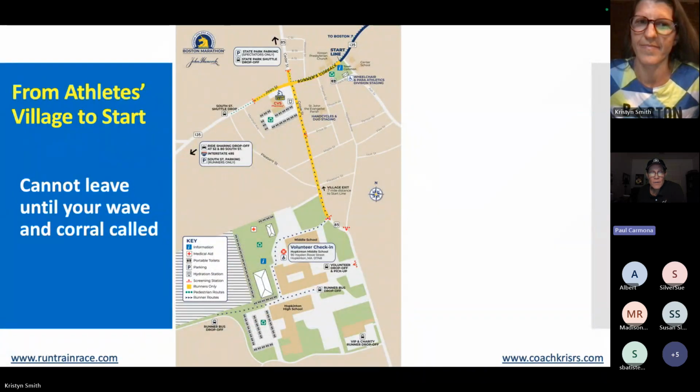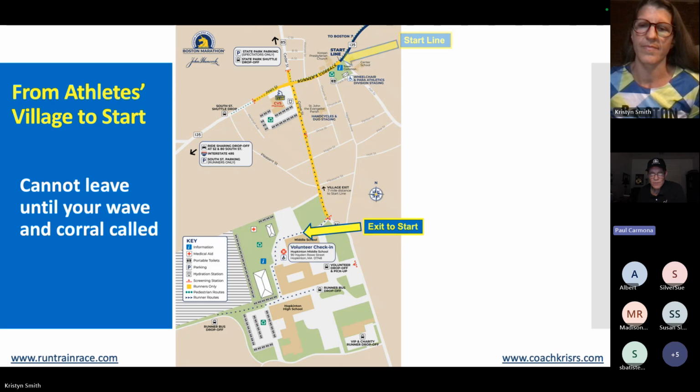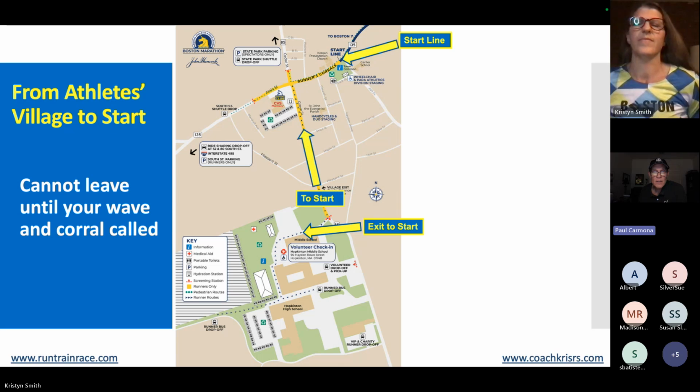Remember, again, you cannot leave the Athletes Village until they call your wave and your corral. So, for example, they'll say wave 2, corrals 1, 2, and 3, it's time for you to exit. And then they won't let you out unless your bib says wave 2, corral 1, 2, or 3. If you're an earlier wave, like a red bib, and you're running late, they'll let you go. You can see where the exit is again, and then you walk that yellow line down Grove Street